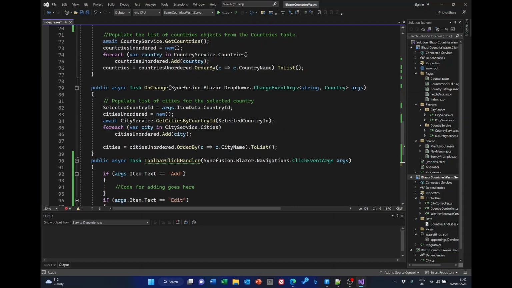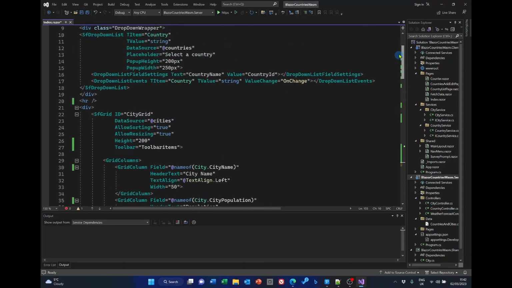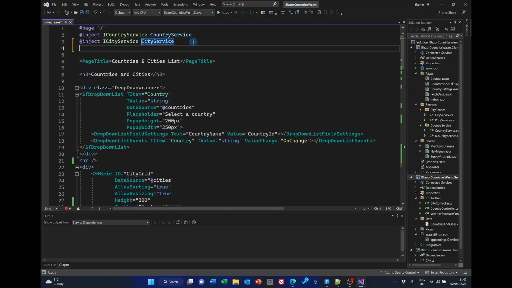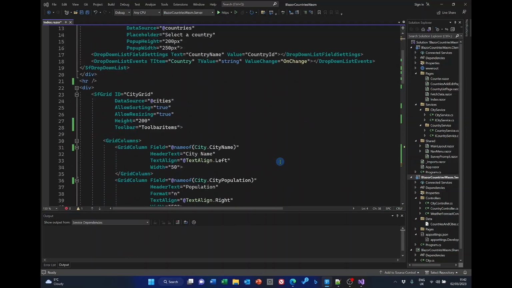To check that a country has been selected, we're going to be using the Syncfusion predefined dialog, and to do that we need to inject the Syncfusion dialog service at the top of the code. So let's do that. And get rid of that stray semicolon. And then at the top of the toolbar handler, we need to call that dialog service if no country has been selected. So at the top of the toolbar handler,